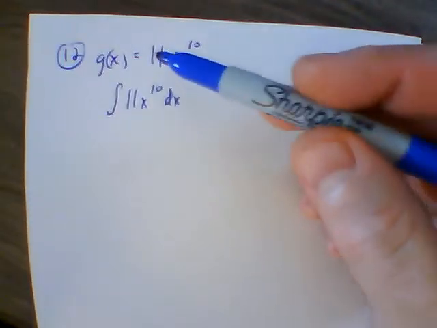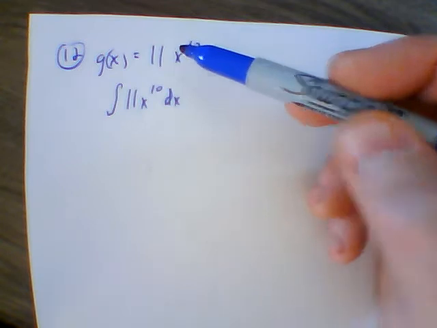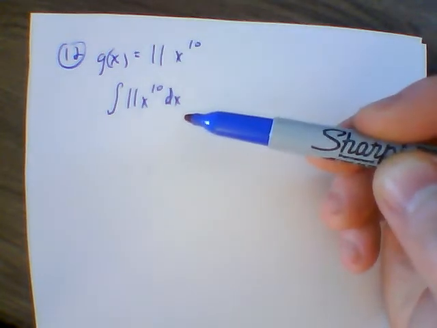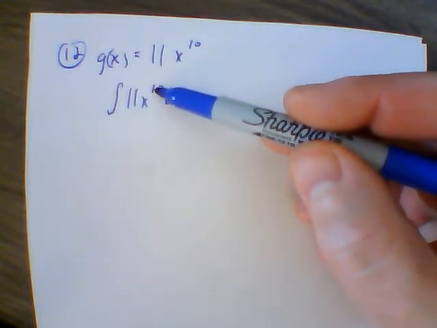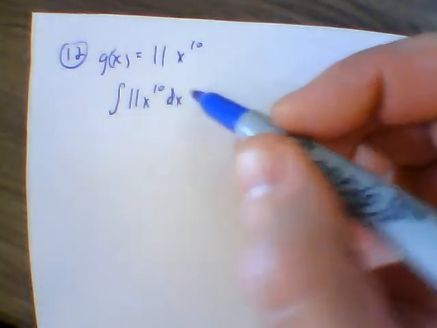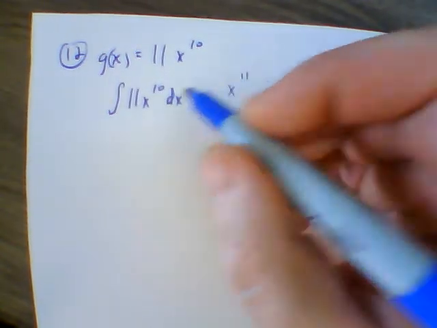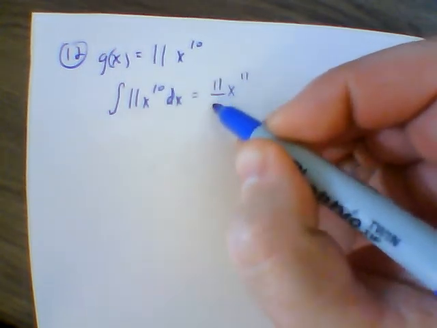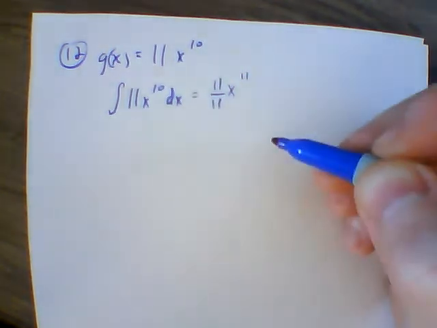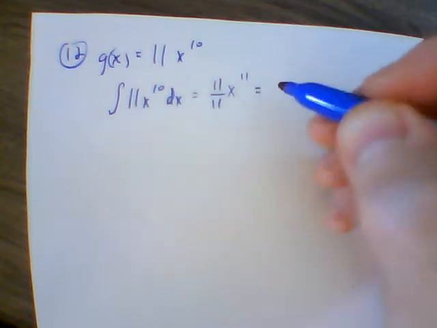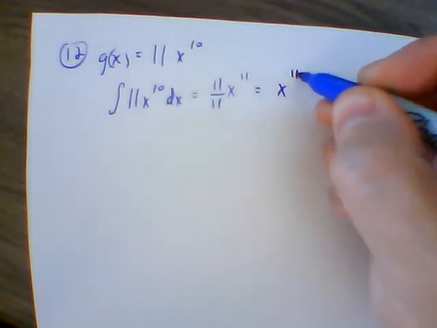Because once again, this was the derivative of the function. We want to go back to what the original function was. So if we remember back, we want to add 1 to the exponent. So we're going to take this x to the 10th and add 1 to make that be 11. And then remember we had 11 here. Now we're going to divide by what that new exponent was, in which case we get x to the 11th